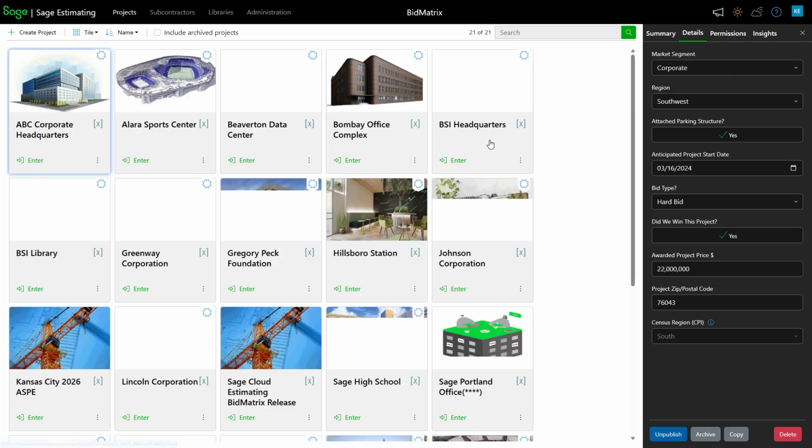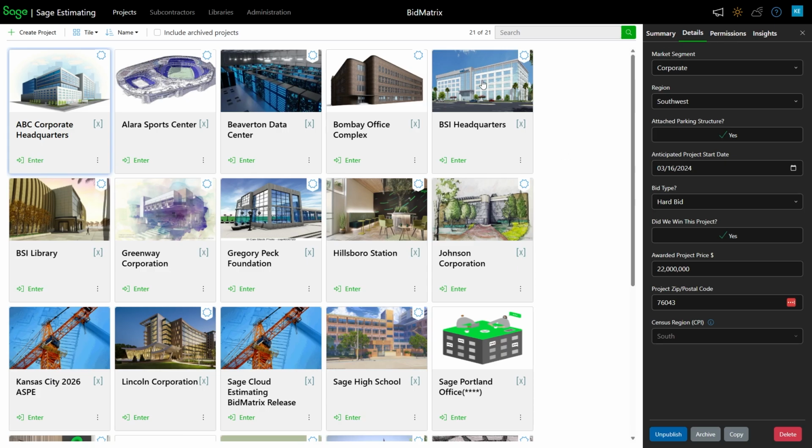If I go back and take a look at my projects, the other thing that makes the whole insights portion work is each estimate we basically said had all these details. So that's where we had our attributes for market segments and regions and all these different attributes that you may have set up for yourself, or add them. As I have all these different projects set up, this is where I can also go back through. And if you notice, these have a little certificate type of thing in the corner, or kind of like a star. This one doesn't. So that's basically what this means, is this is a published job.